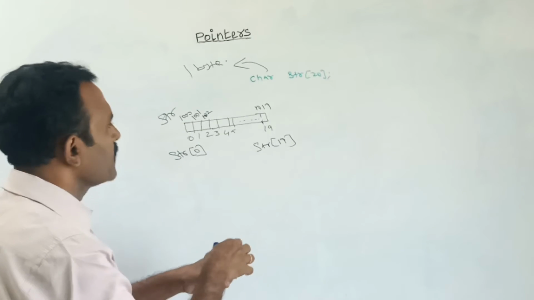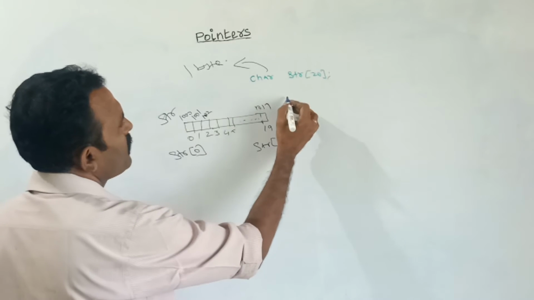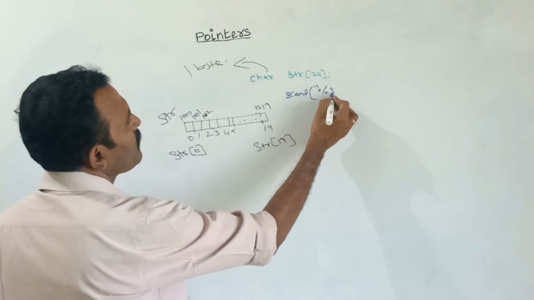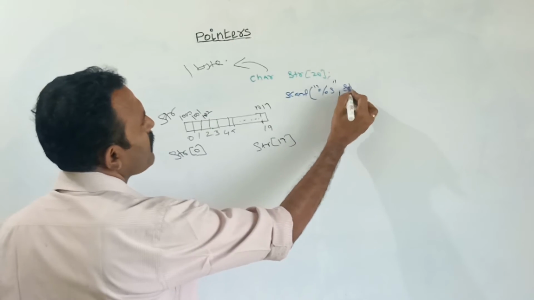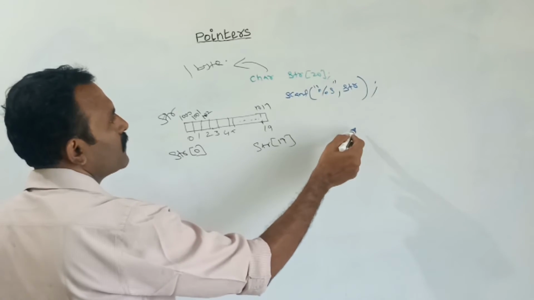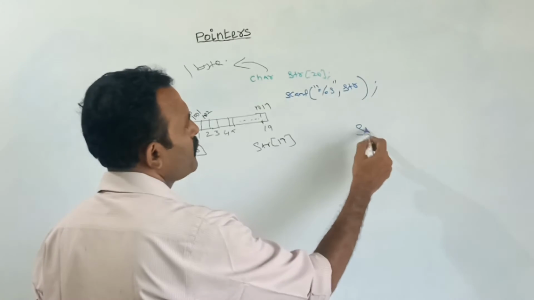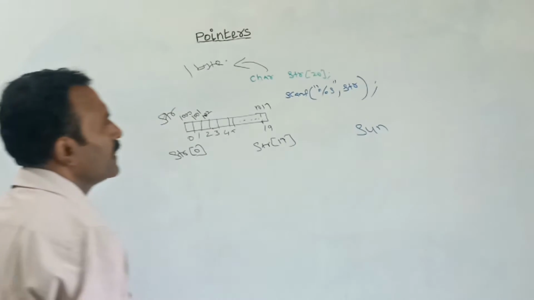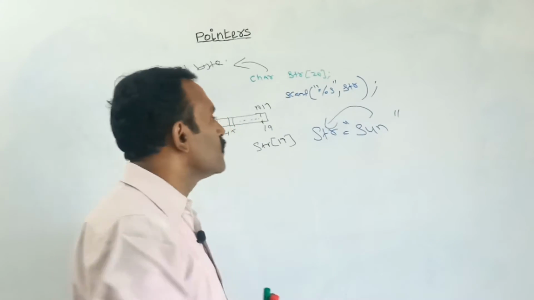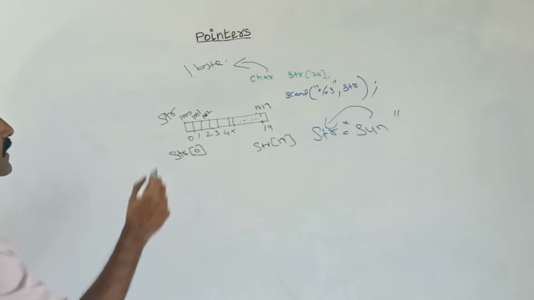By using the scanf function, suppose you are storing a value. Let us assume this one, scanf: how will you store the string? By using %s, next str, that is the string. Here we can get the input from the keyboard. Suppose you give the string in the keyboard as sun. If you are typing sun on the keyboard, then this string sun is stored in the variable str, so that when it is stored in memory, it will store like this.